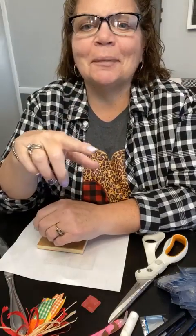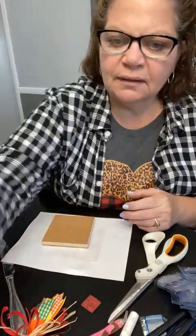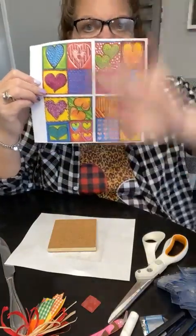So I'm going to post the file out there of the entire kit, which includes all of the hearts. Stephanie says, my 7-year-old knows what to do. They will, they absolutely will. So I'm going to put the entire file out there, and then you guys are going to get to pick which ones you want to use. So in this situation, these 4, I went into the whole file and